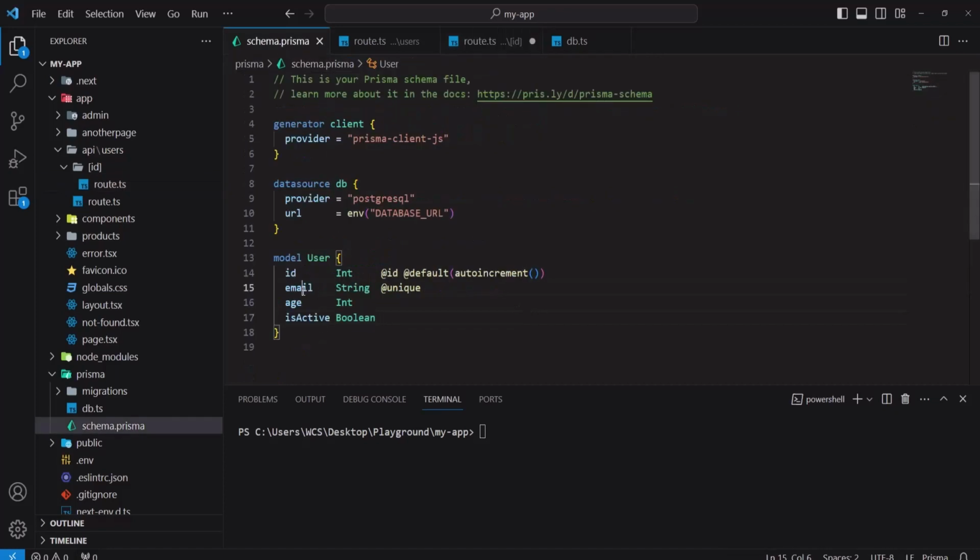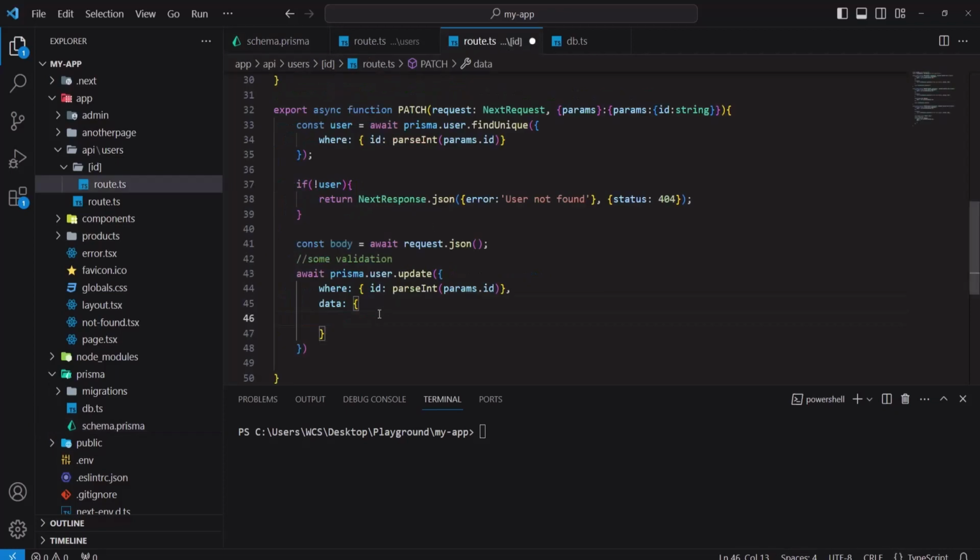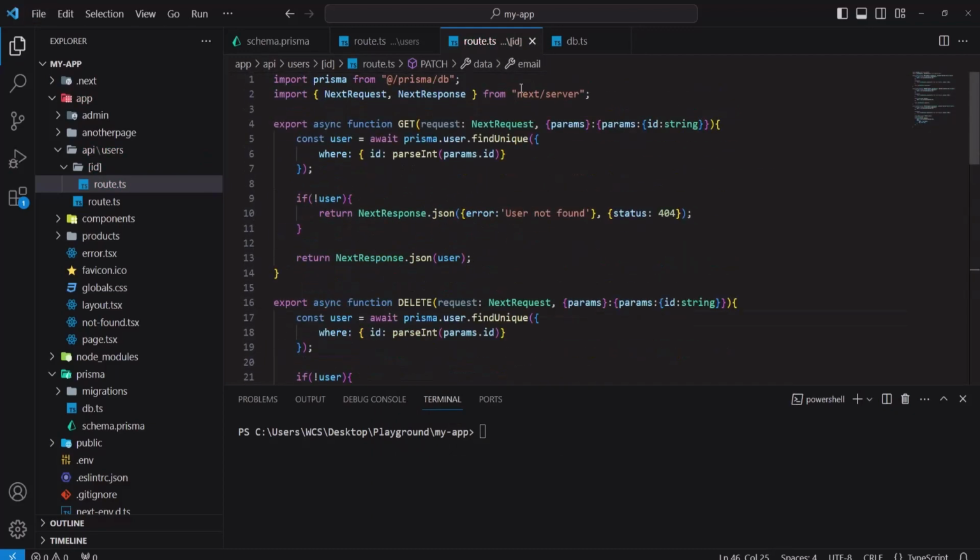We can update the email, age, and also isActive. So let's add email to body.email, and age will be body.age. Now let's save this, and now we will test these API endpoints using a tool called